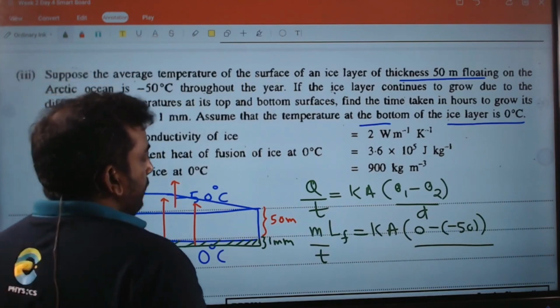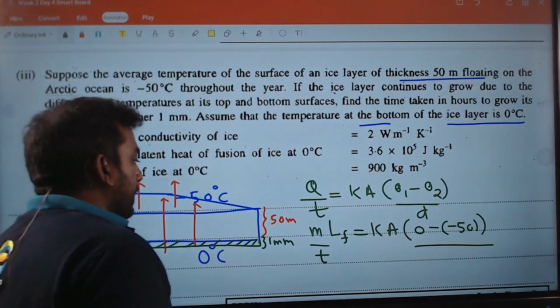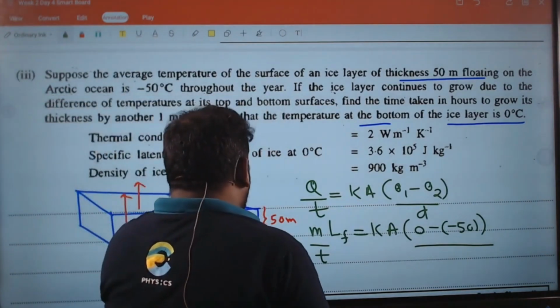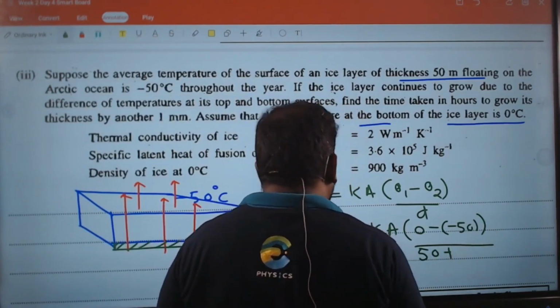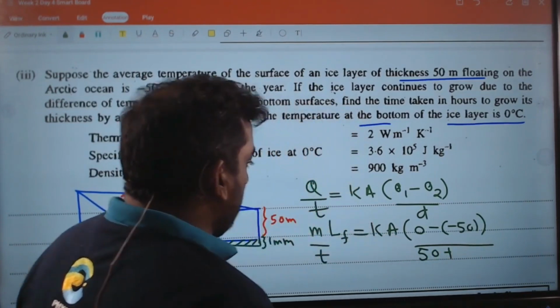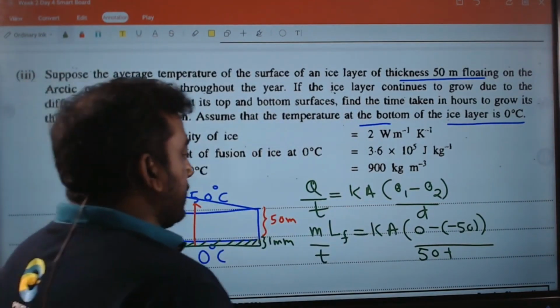So if you look at this carefully, these 50 and 1. The thickness there is changing with time. Initially the thickness was 50. Finally the thickness is